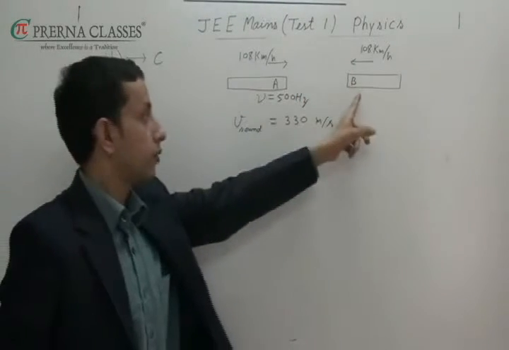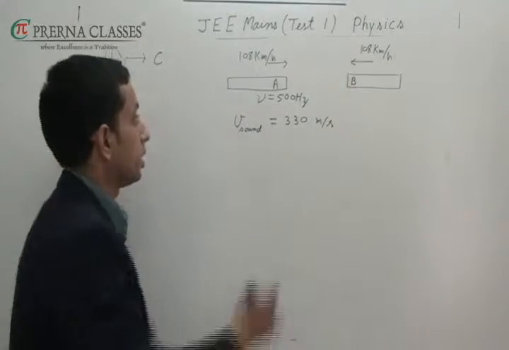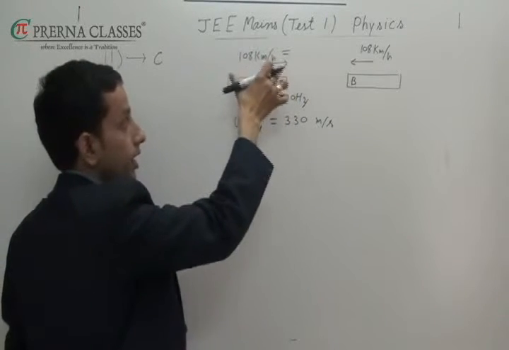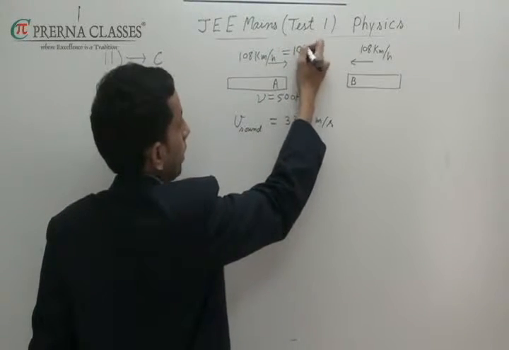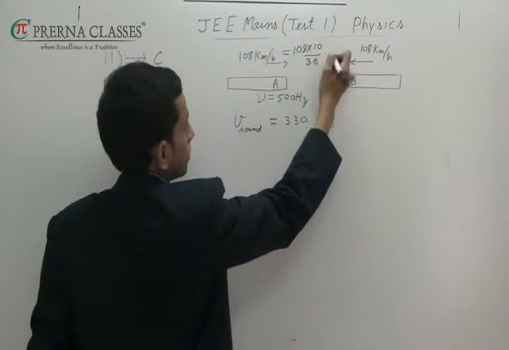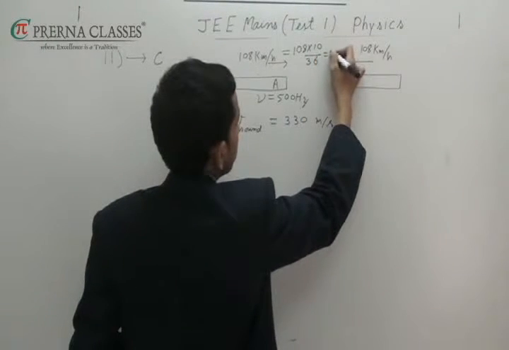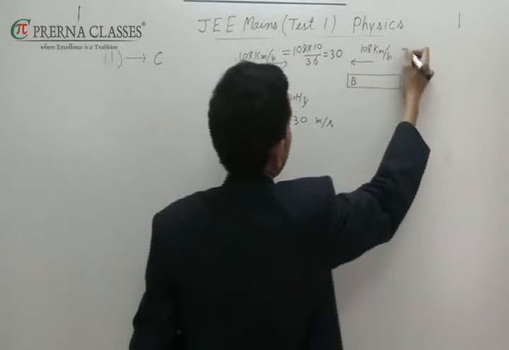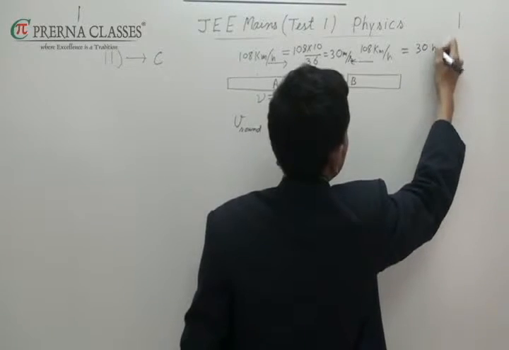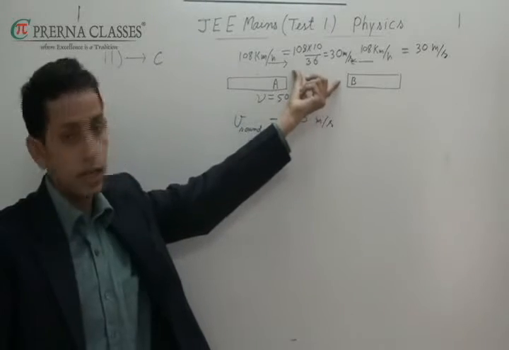What will be the apparent frequency heard by the second train or observer in the second train? For that, first we will write the speeds of the trains in SI units. So it will be 108 into 10 by 36, so that we are going to get 30 meter per second, and similarly here 30 meter per second. So both the trains will move with speed 30 meter per second,